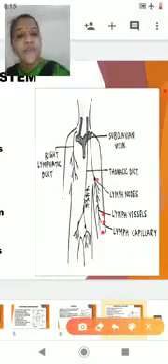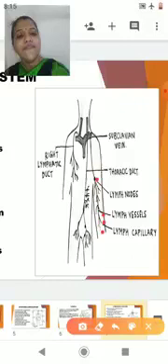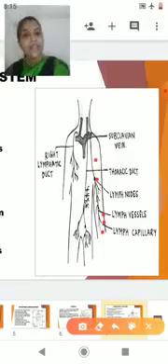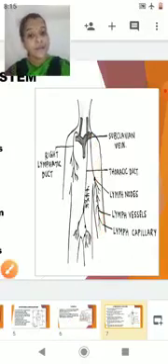The lymph vessel shows the presence of lymph nodes in between. Many of the lymph vessels will unite together to form a bigger one, which is called a lymph duct. Now the lymph duct will finally join a vein, which is called the subclavian vein. And this subclavian vein is a part of our circulatory system. That means it is a part of your venous system, that is, a part of your veins, which will drain it back into the heart.